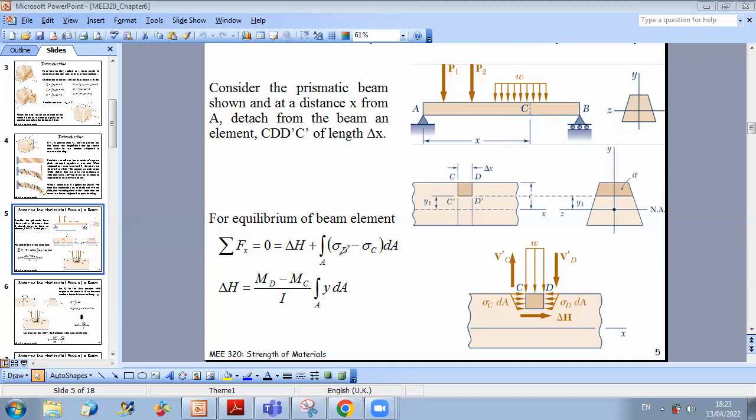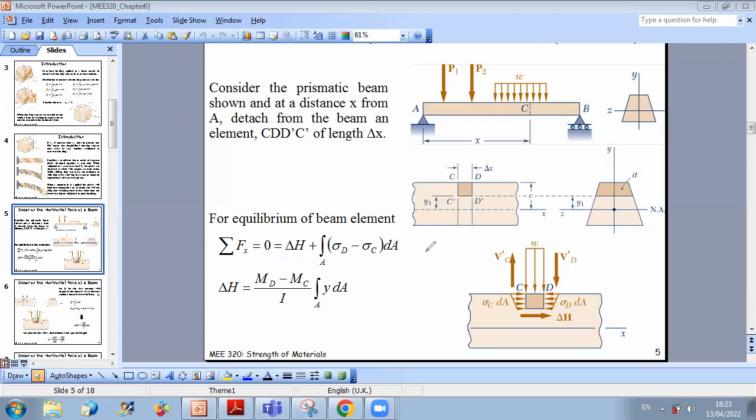Sigma D will be negative and sigma C will be positive. So this leads to the following: to have the sum of forces along X equal to 0, I have delta H plus the integral over A of sigma D minus sigma C dA equals